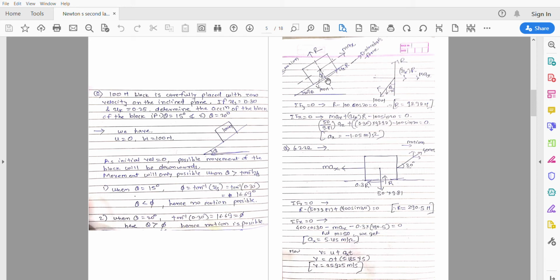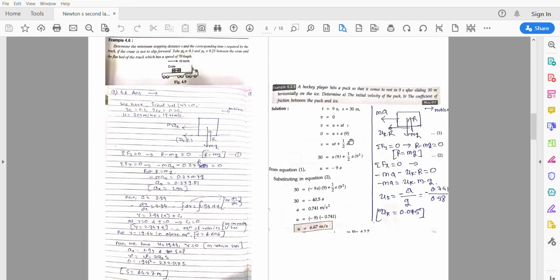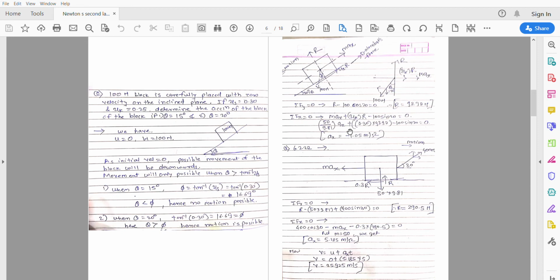Weight acting perfectly vertical, frictional force acting against the direction of motion, reaction. Now as direction of motion we are assuming is in downward direction, D'Alembert's force is applied exactly in the opposite direction. See the cursor, and then apply summation of Fy equal to 0 and Fx equal to 0. This figure is for a better understanding. We have already discussed this in numericals of friction. The inclined plane is your x-axis and the normal reaction represents the y-axis, and accordingly you need to draw the figure. After applying the conditions, you can easily get the answers.